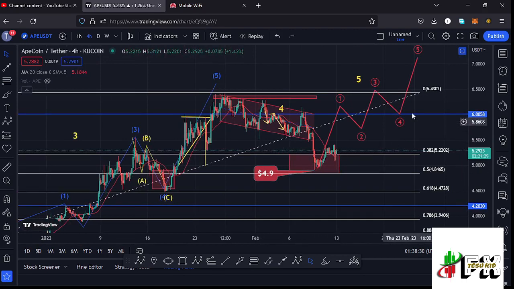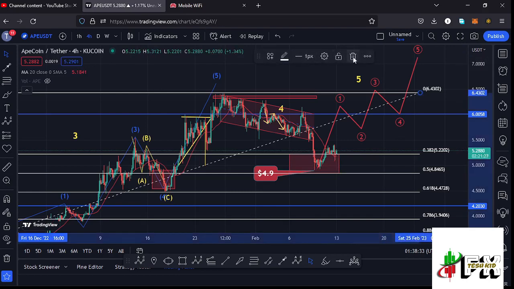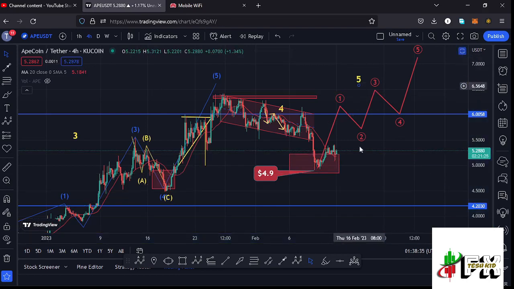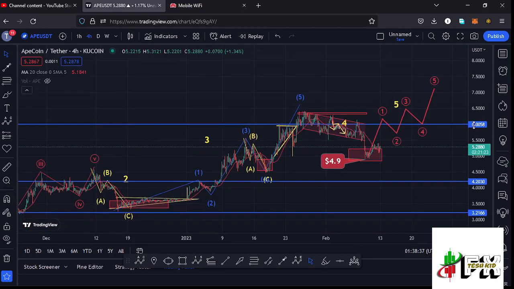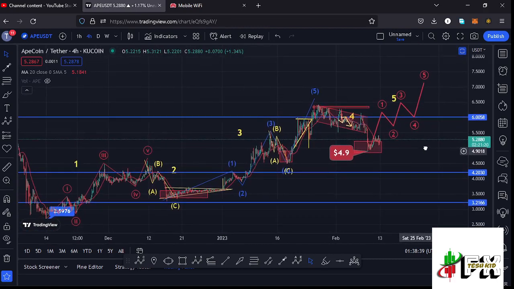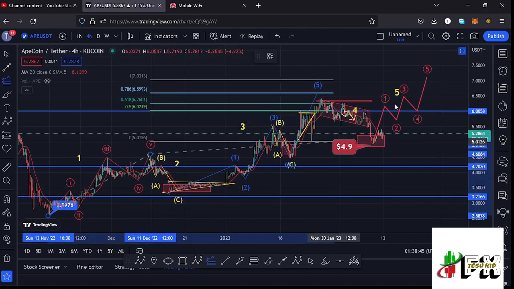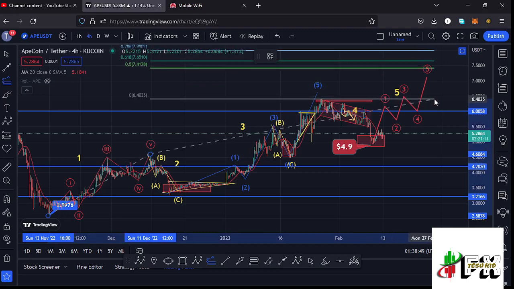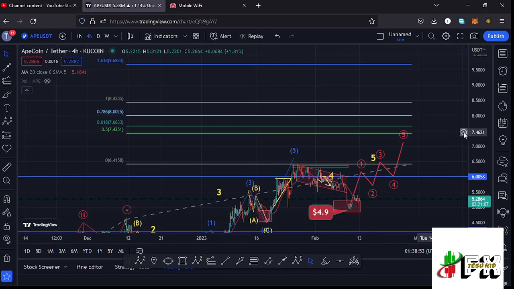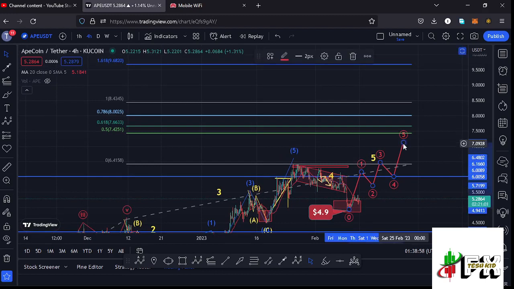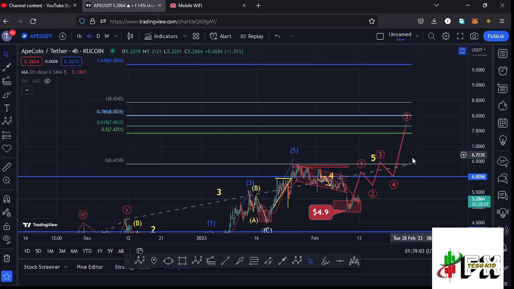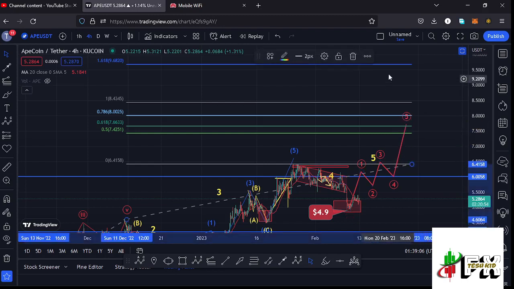and now I'm expecting another explosive move to the upside in the formation of this wave 5, and sketching out a minimum target area to the upside in the formation of that wave 5 by connecting the trend based Fibonacci from the low of the first wave to the high of that wave 1, then dragging the fibs to the high of that wave 3. That gives me a minimum target area to the upside in the formation of that wave 5 at the fib level 0.618, and that is at around the $7.6633 mark,